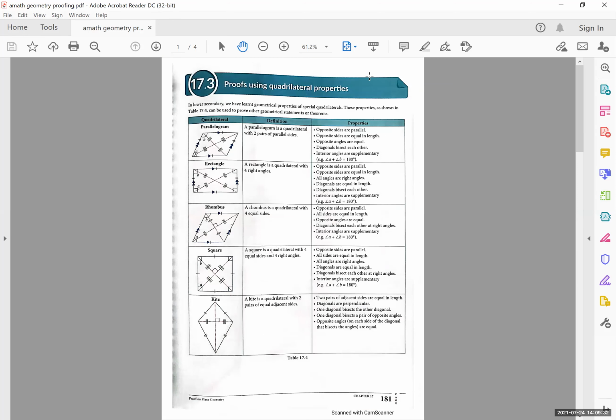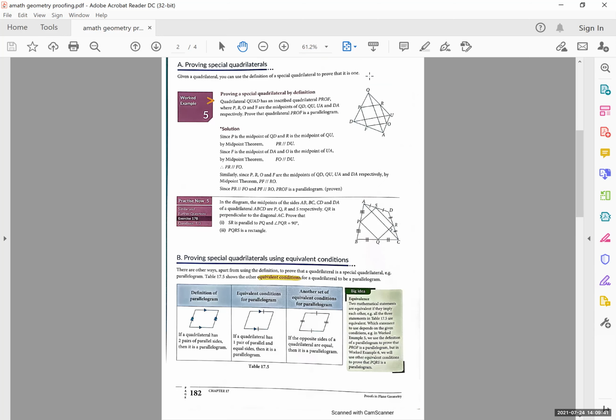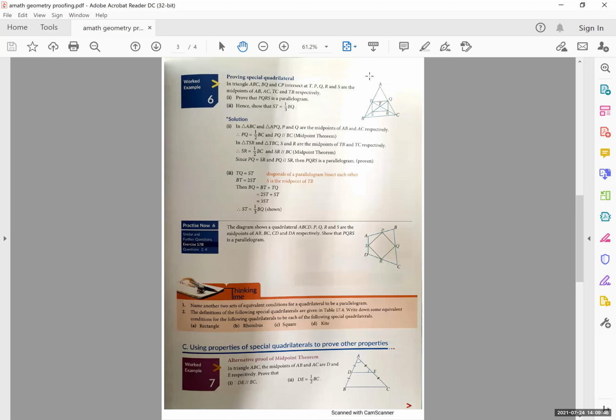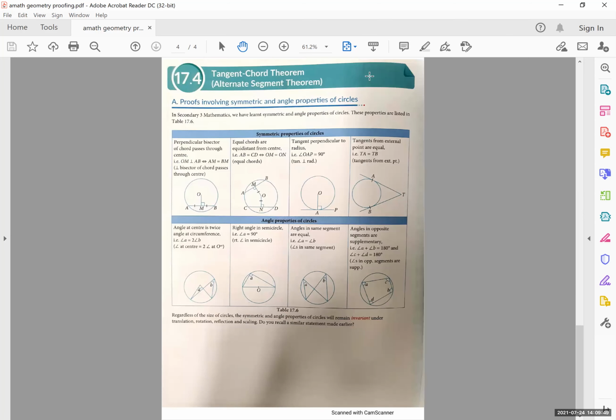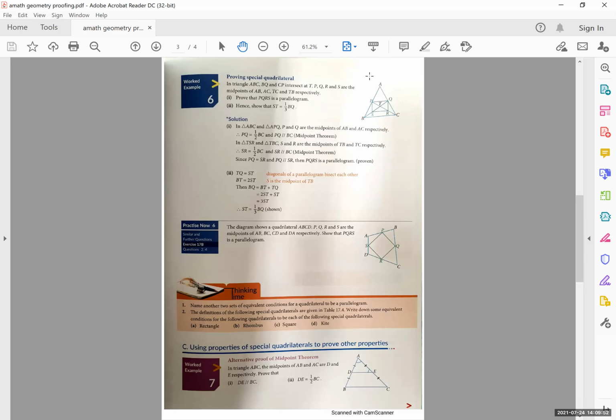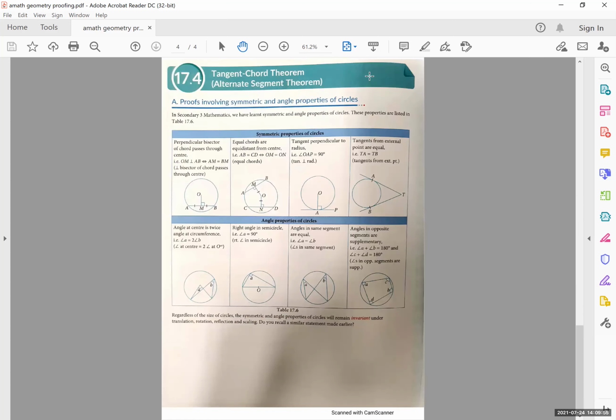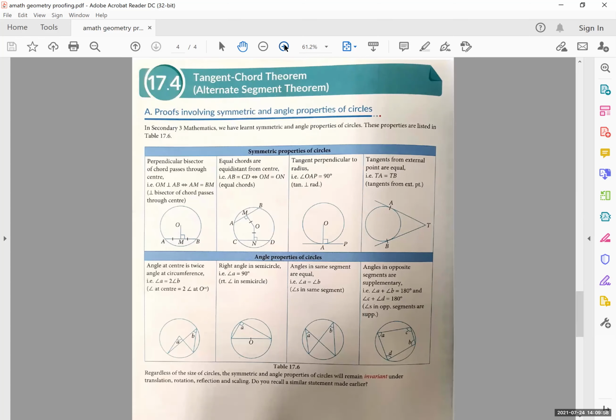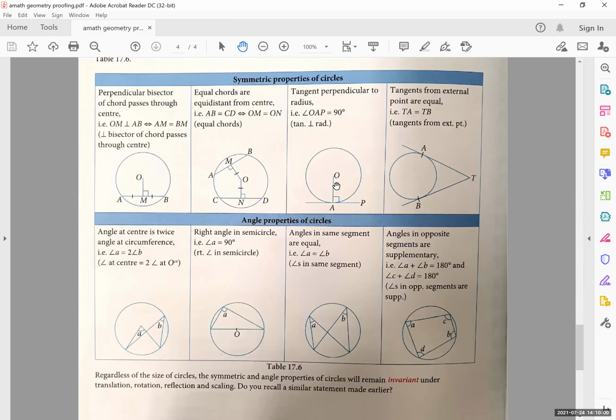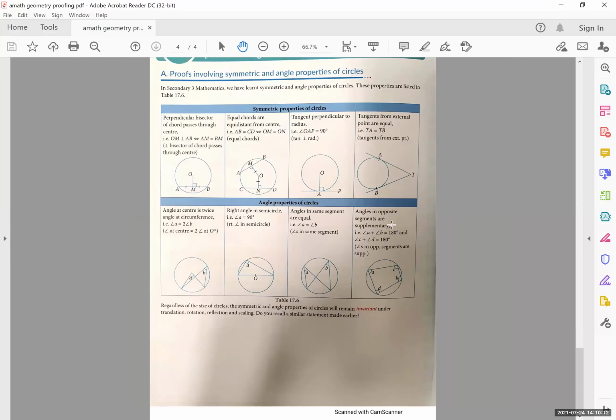Before we move on, I don't want to go through this in much depth, because we have already done it in set 1 and set 2, but later I will do a recap with you. If you look at my next page, these are equivalent conditions. There's one thing I want to teach you guys: the circles one and the midpoint theorem. Let's start with the one in circles because this is what you are familiar with. Can you see that all these are very familiar things you already know from your AMATH circles? Nothing new, right?